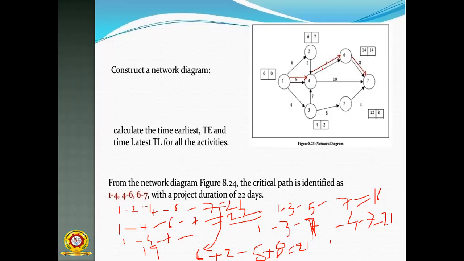So this is the key, 9 plus 5. Then finally we are getting the value 22. Okay, 22. So you need not calculate this one actually, because you already got 22, the highest value. So sometimes it will be confusing. Then you have to draw it yourself, then you are able to understand.